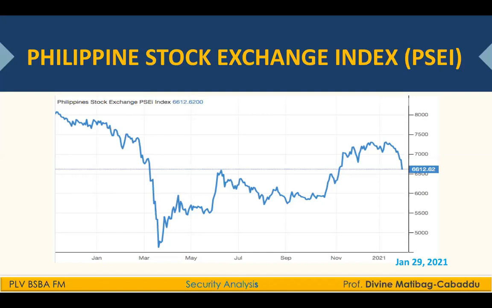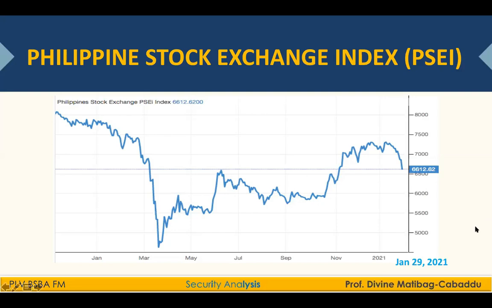And like investors or analysts in the stock market, they can easily get affected on a day-to-day basis because the prices of stocks fluctuate on a per-time basis. So if you would like to know where the economy is going, one way to do it is to look at the Philippine Stock Exchange first. Although it is not the ultimate projection that you can use to predict what's going to happen in the economy, somehow it could give you a very strong indication of the health of the economy.